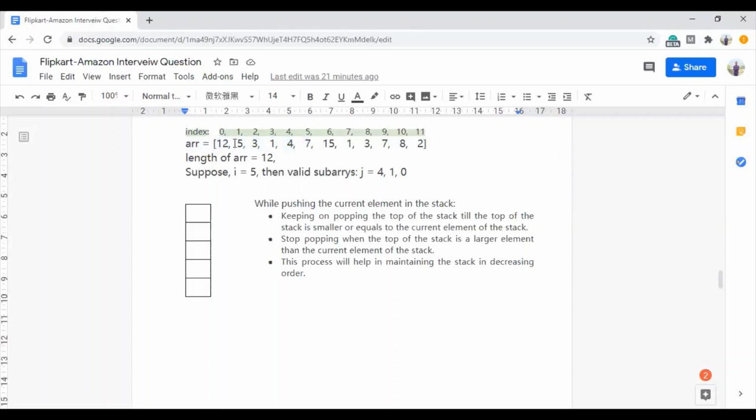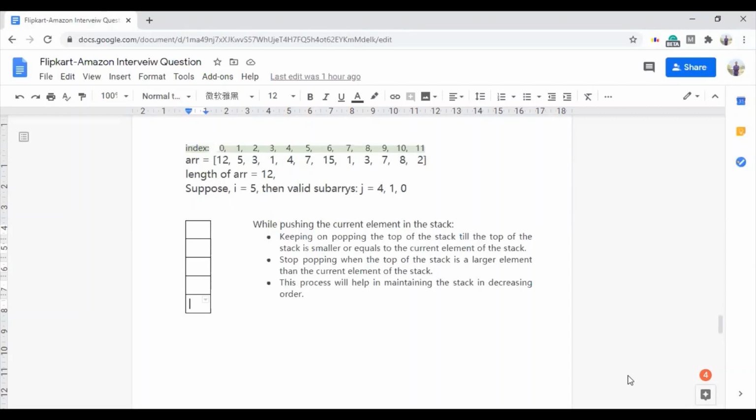So one key observation which we can make over here is that for the valid subarrays, the values at the jth pointer keep on increasing as the jth pointer keeps on decrementing. So the first valid subarray was this one, in which the jth pointer was having the value 4. Then the next valid subarray as the jth pointer keeps on decrementing was this one with the jth pointer's value 5, and then the third subarray was this one where the jth pointer's value was 12.